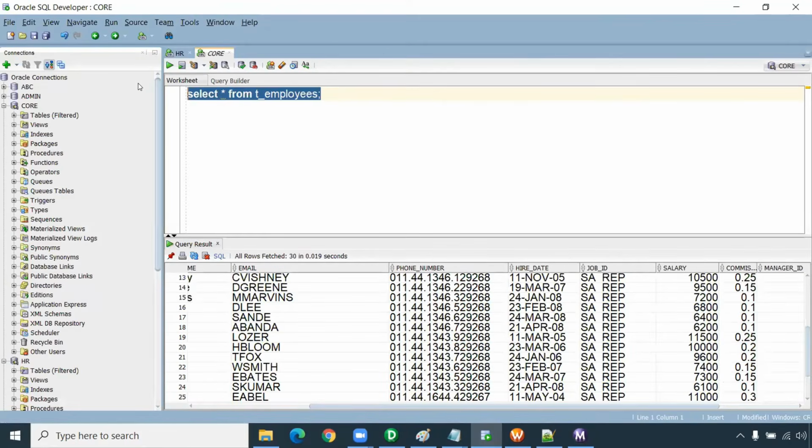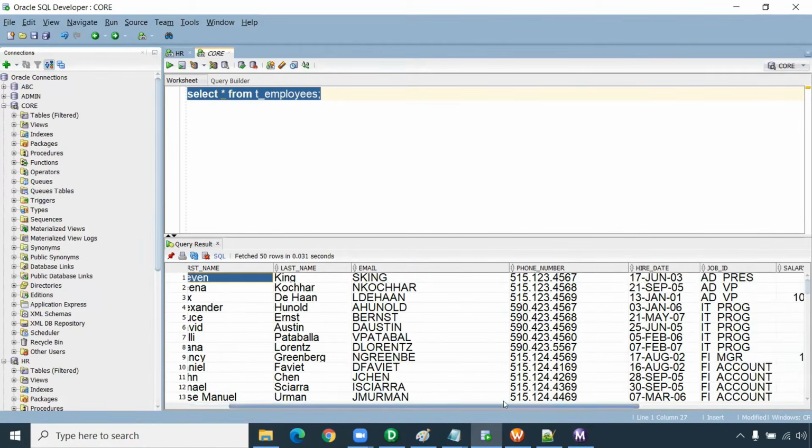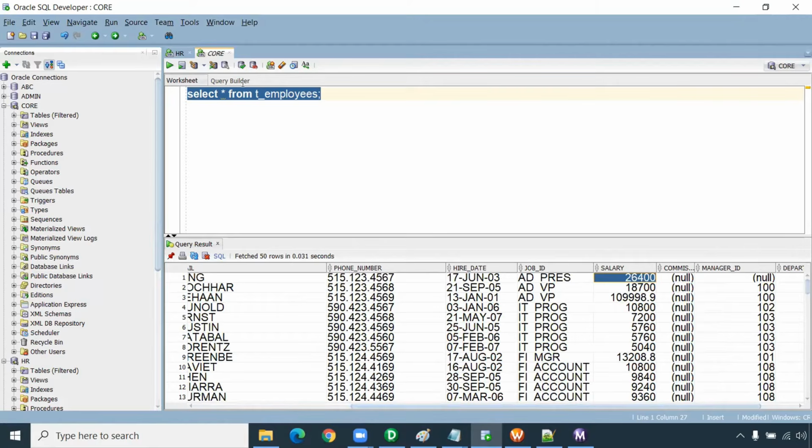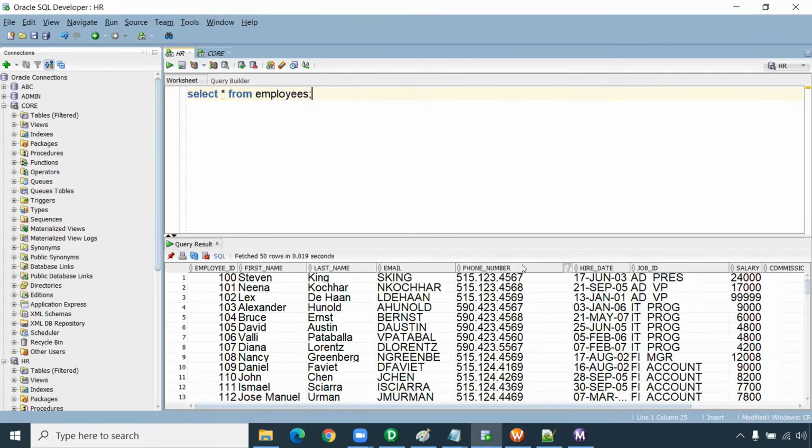You can go here in the target. We can check what data has been loaded. If you look at Stephen, what is the salary here? In target, it is 26,400. If you go and check here, select star from employees table. This is the source table, right? Stephen is 24,000. So 24,000 is greater than 10,000, right? So it will increment only 10%, 24,000 plus 2,400. So that's 26,400, right? Okay, this is what it is making.